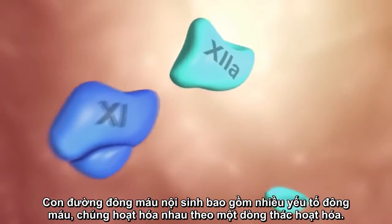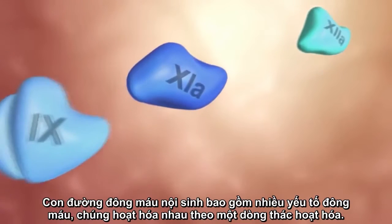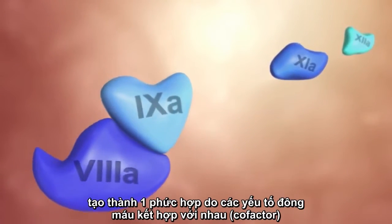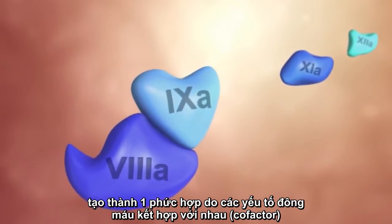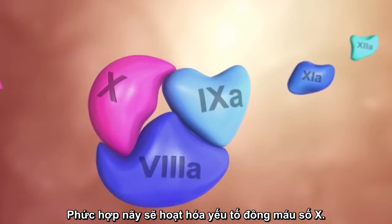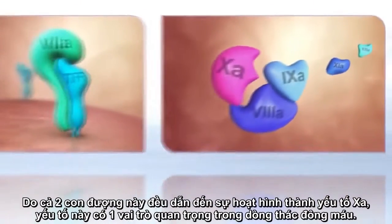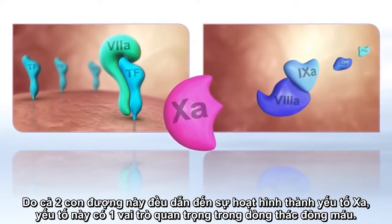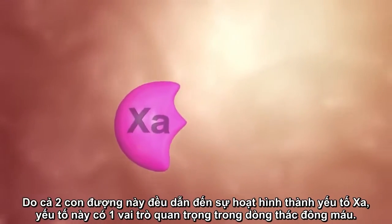The intrinsic pathway consists of various coagulation factors activating each other in a chain reaction. At its end, a complex with an additional cofactor is formed. This complex now activates factor 10. Since the two pathways merge at the level of factor 10A, this factor has a pivotal role in the coagulation